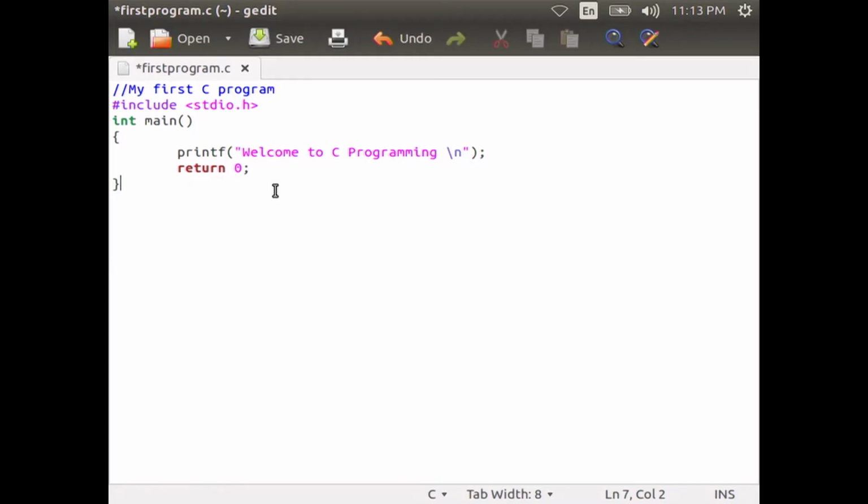An integer has to be returned for this function because the function type is integer. You can also use void main instead of int main. Then return 0 is not required in your code. Void returns nothing. Here return statement marks the end of the executable statements.